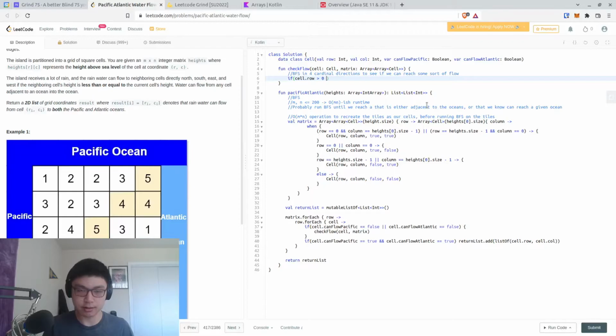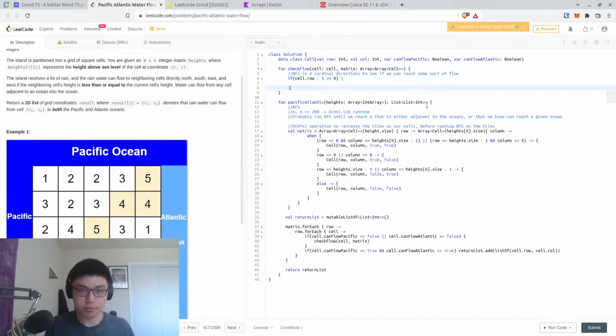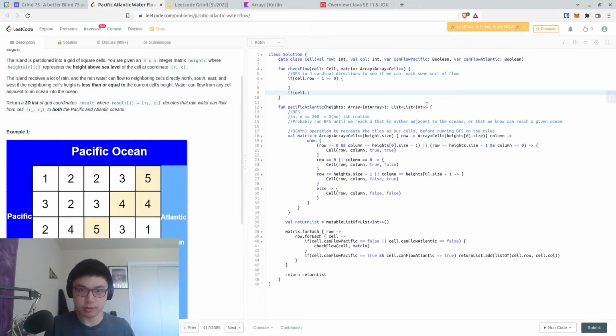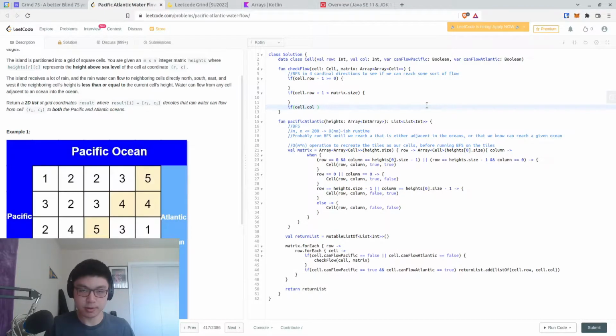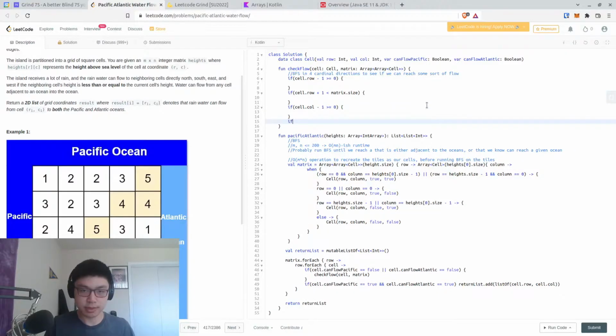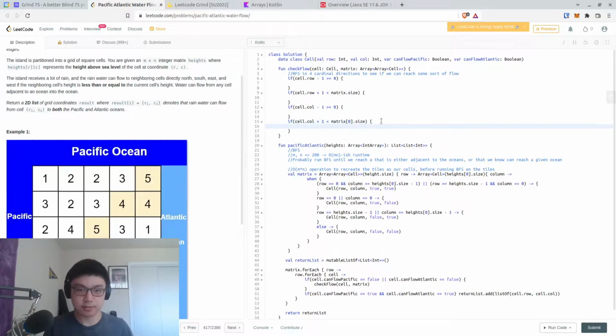If cell.row -1 is greater than or equal to 0, and if cell.row plus 1 is less than matrix.size, if cell.column -1 is greater than or equal to 0, if cell.column plus 1 is less than matrix at 0.size, then we can say